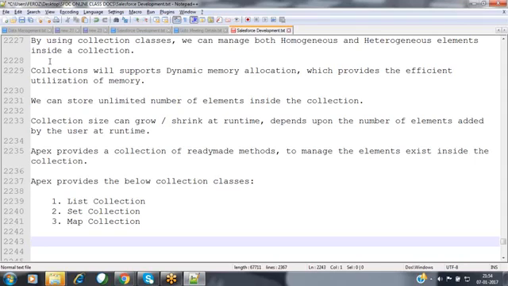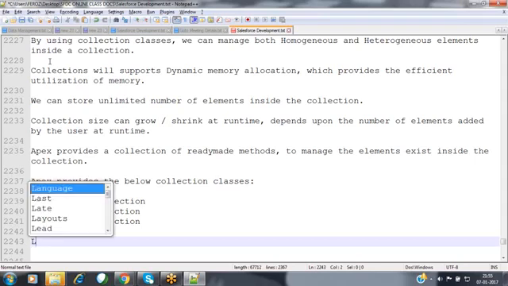Everything is available in terms of classes, because this is purely object-oriented programming. By using these classes, we can manage the elements: we can search for some elements and remove some elements. Everything we can perform by using these collections.